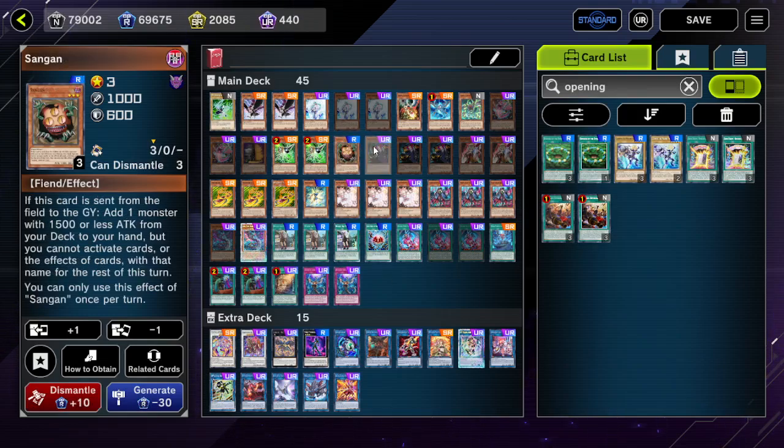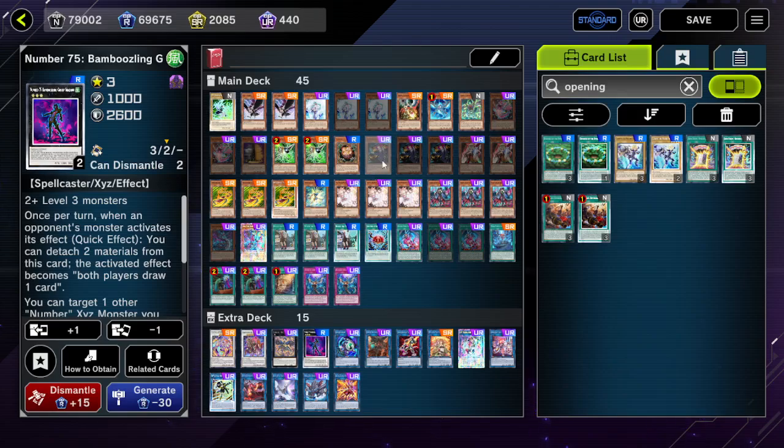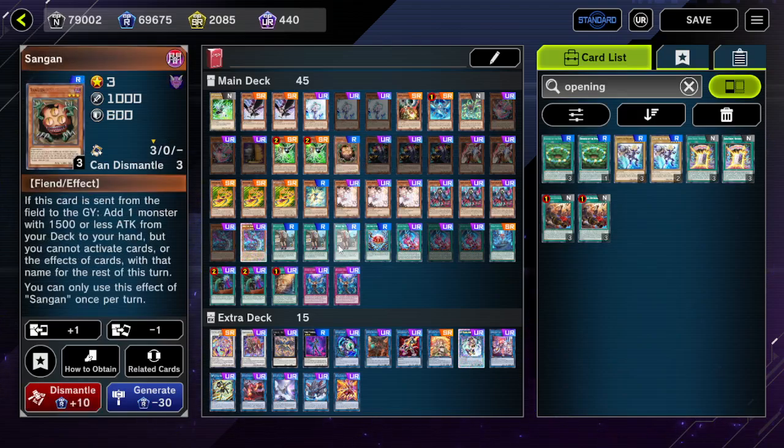But this at least will be able to make a copy of, let's see. So we can use Tour Guide and Sangan to make the Unchained Link 2, and then I think there's a few things we can probably do from there. But yeah, if we want to be extra annoying actually though,